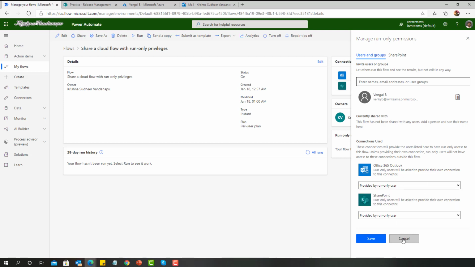If you want to run this with the run only user, ensure that this user has access to the data source. If the user doesn't have access to the data source, the flow will fail. I have added Vengal to my SharePoint list, so I am selecting provided by run only user as the option. I just save.